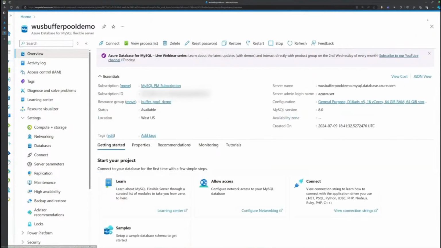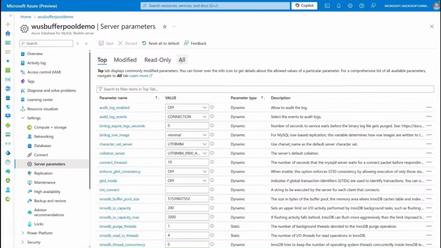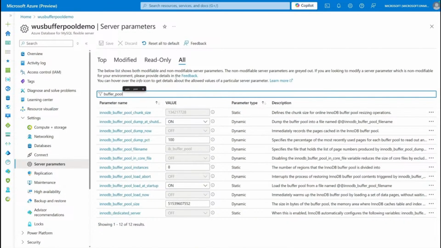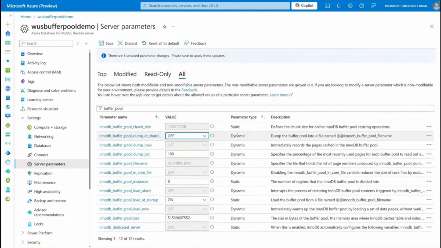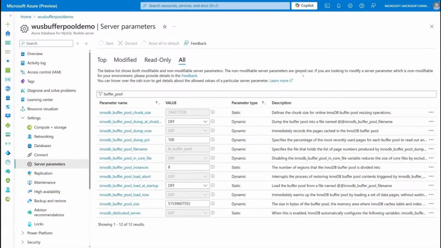We will take a look at some of these parameters here. We will make changes to them and see how the buffer pool behaves with the buffer pool load at startup and dump at shutdown parameters set to off. I'm going to turn these parameters off, and we need to restart the server because load at startup is a static parameter that requires a restart to take effect. So as I click restart,